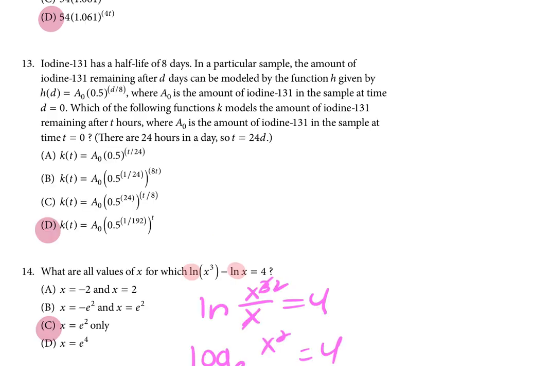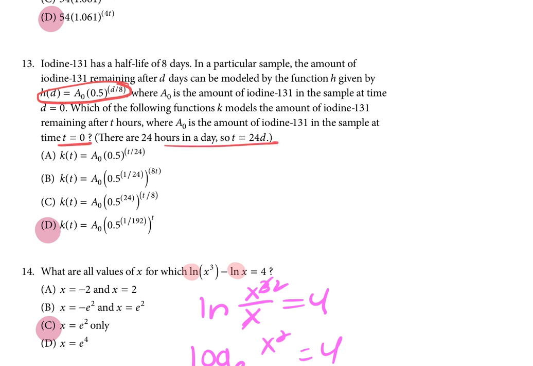All right, 13, half-life is 8 days. In a particular sample, how many can be modeled by a function? Here's my function, okay? Which they already did the half-life. Remember, half-life, you would divide by however long it takes you to get to the half. If A0 is the amount of iodine in the sample at time 0, which of the following models the amount of iodine 131 remaining after T hours, where A0 is the sample at time 0, and there are